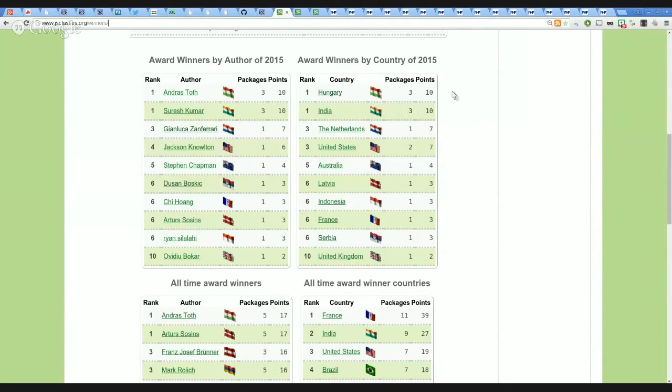And by country, the rankings are still pretty much the same, except that instead of names of authors, we have countries, because there is only 1 author per country. Unlike the PHP classes, the JS class is not as popular, but we still have quite a nice